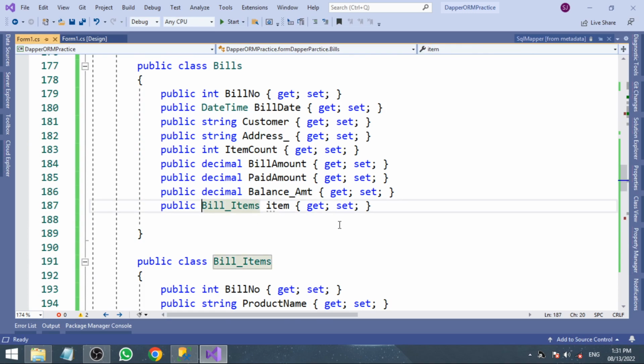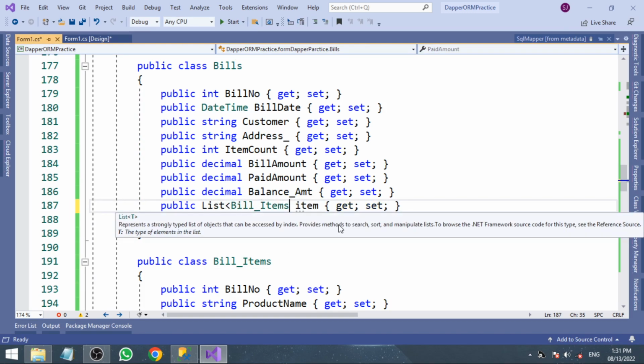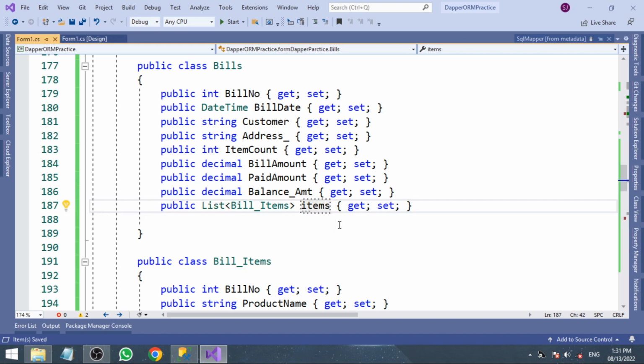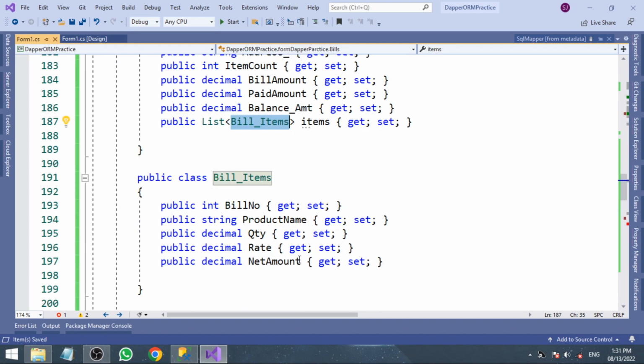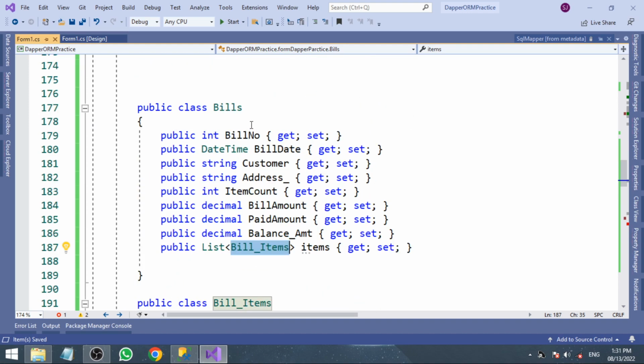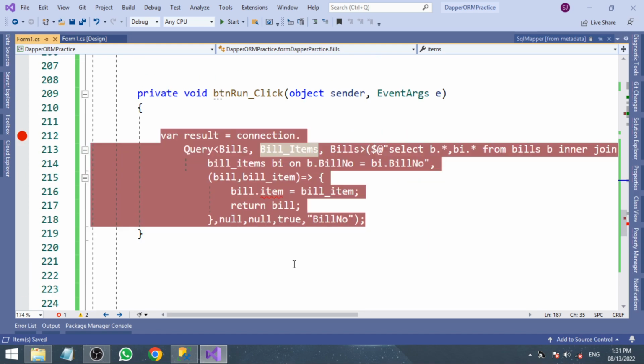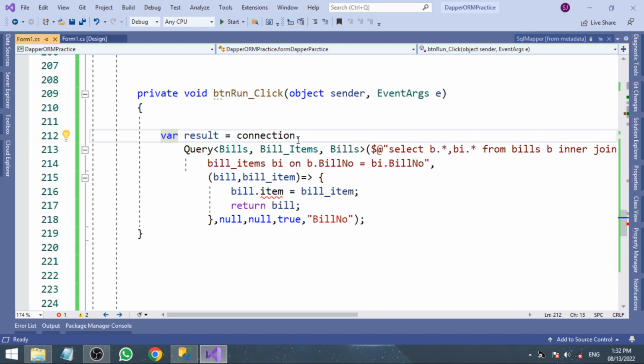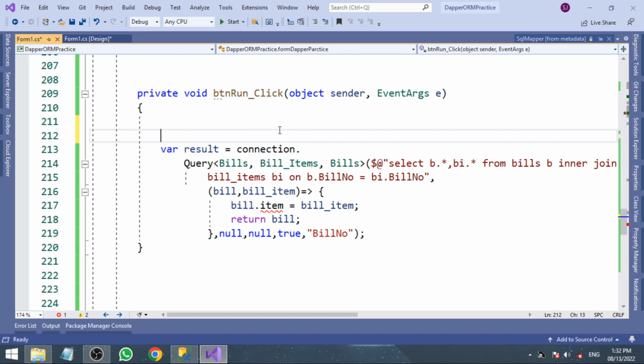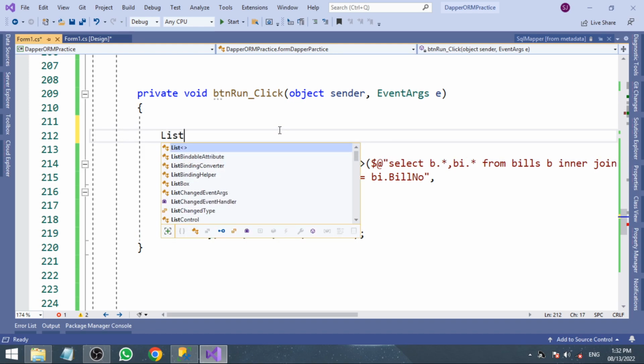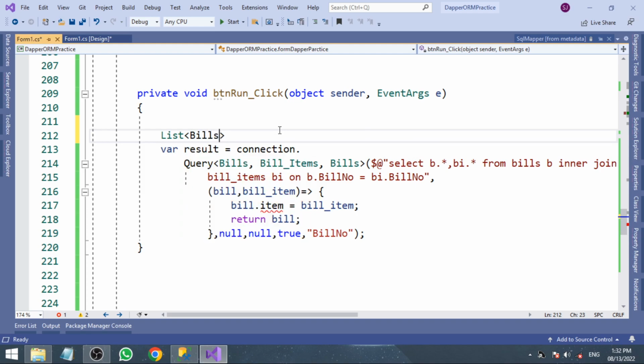For that, I just changed the type of the property and the name of the property. So now we have a parent table, and each row can contain more than one child table row, right? More than one item, so each bill can contain more than one item. This is what this means. Now we are getting an error here, and I will tell you why. Before that, sorry, a list of bills, all bills